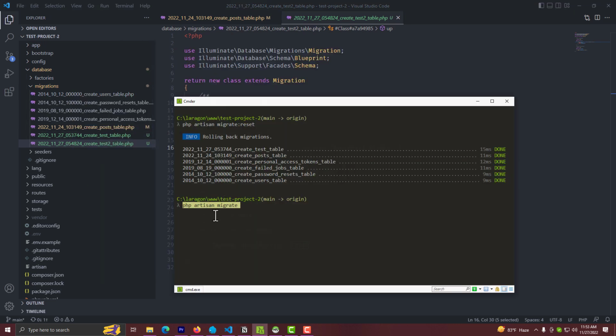If I run PHP artisan migrate, that will migrate all the files, but I want to just migrate this single file. So for that I can say PHP artisan migrate and we can pass a flag that will be dash dash path, then equals to, now we will specify our file path. This file is currently in database migrations, right? So we will say